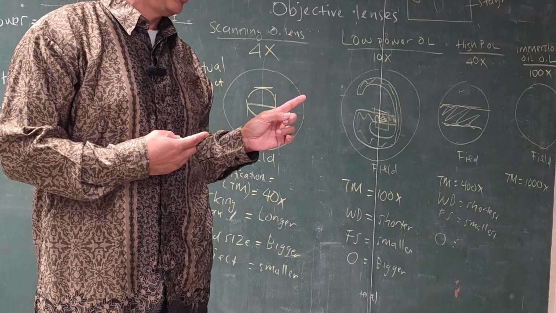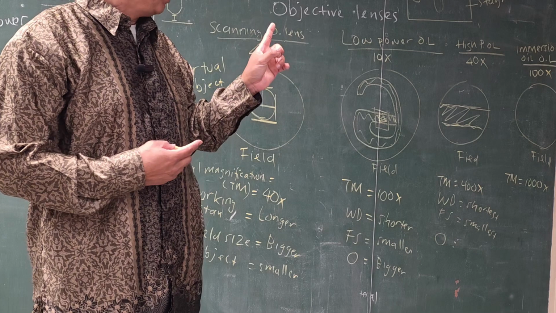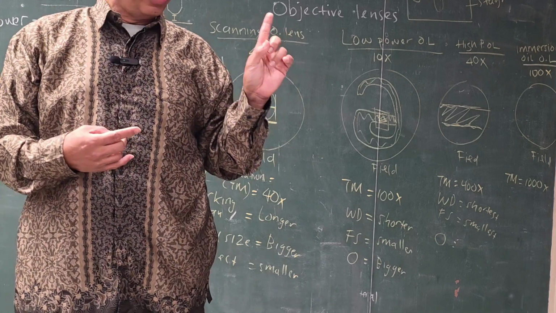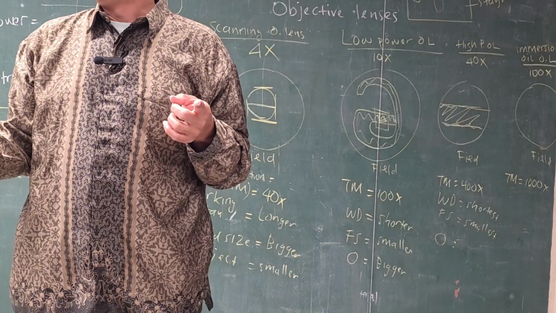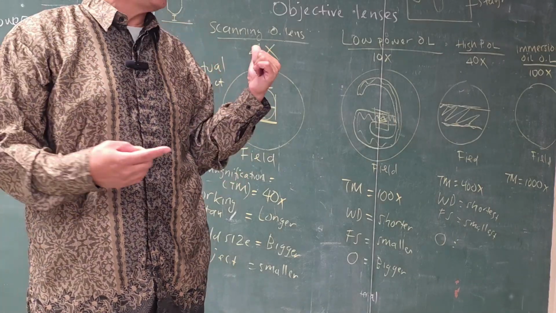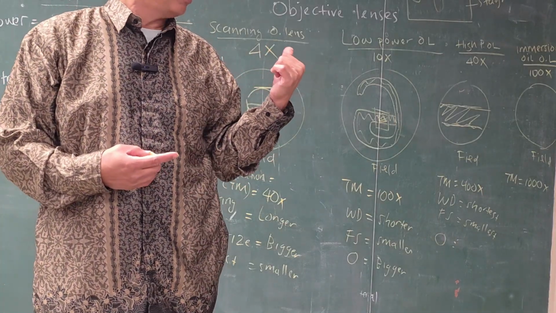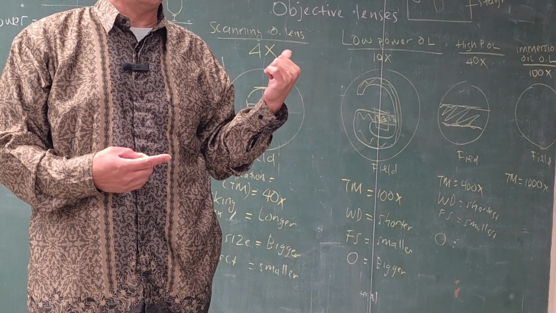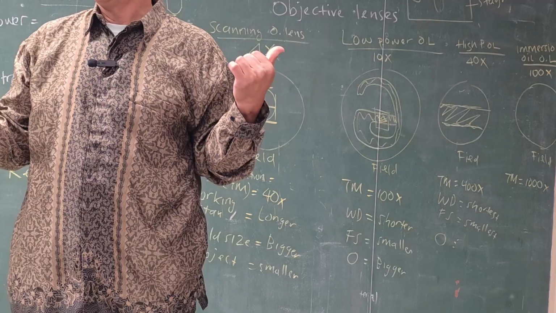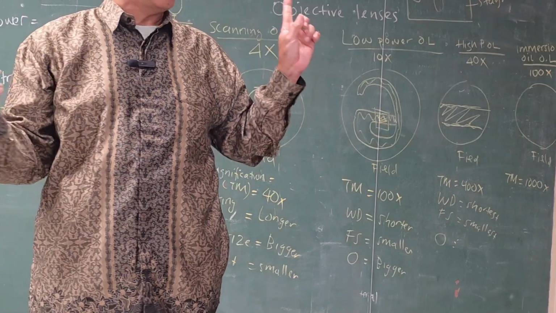Yeah, get it? Now for the oil immersion, we're not going to use it, because we need oil for that one. That's where the name comes from. Usually, if you see bacteria, you're gonna use that oil immersion lens, and we have to put immersion oil, which is really difficult to clean later. So we will not use that one.